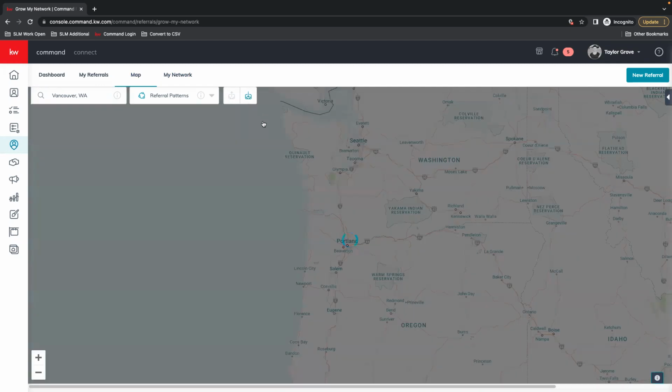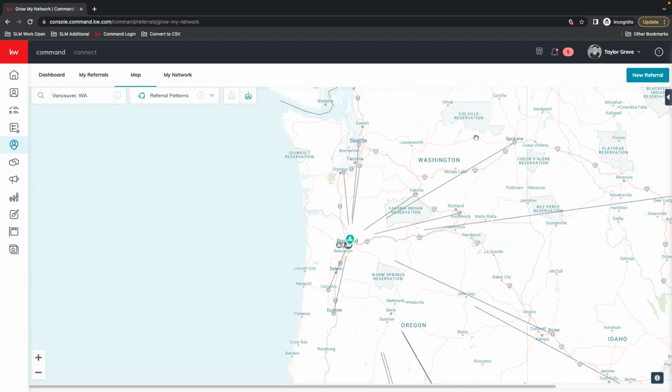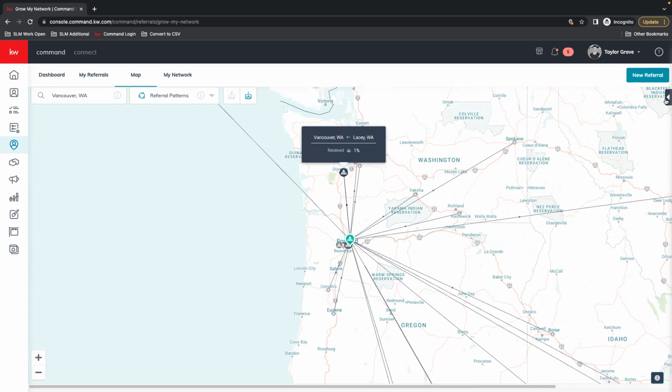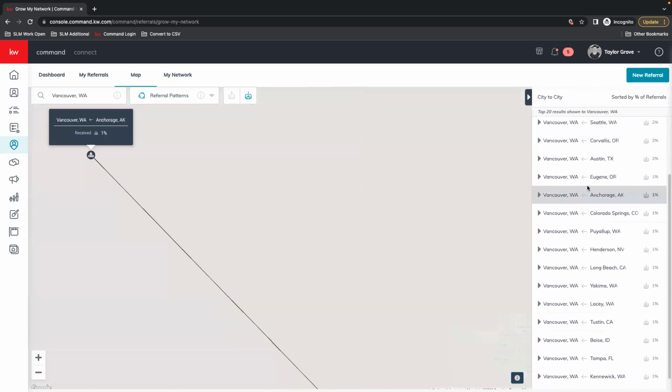You can also see the referrals of people moving to your office from additional areas.